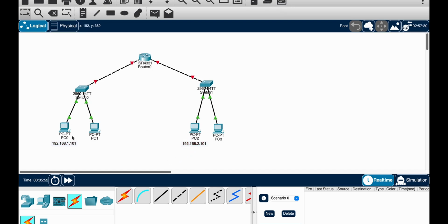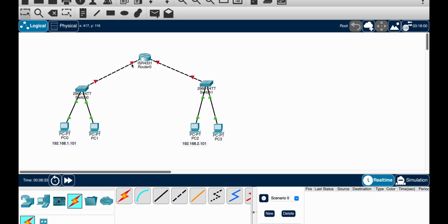Now, because these two PCs are on different networks, if we want to communicate from this PC to this PC over here, we cannot do it right now. We need to do some configurations. And if you remember, the configuration is that you need a gateway. What is a gateway? A gateway is the device which you talk to if you want to communicate with any device outside of your local area network. So this is our local area network, and the left half of this router is also going to be within our local area network. I'll tell you what that means in just a minute. This router is going to be part of this local area network and this local area network. So it's something which joins these two local area networks.